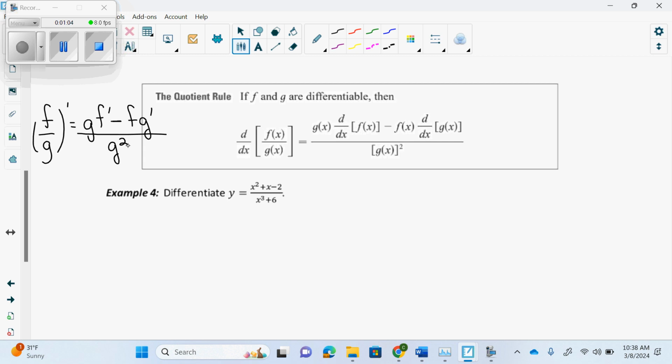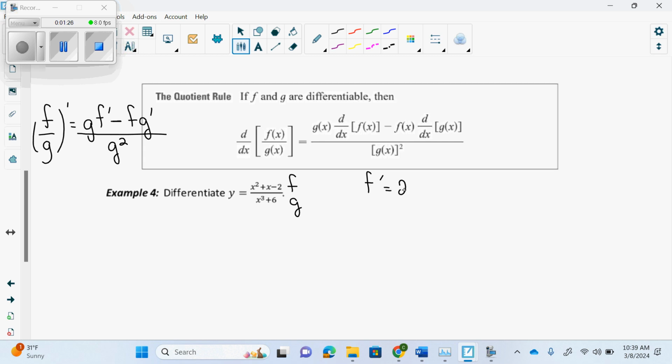So for this one, we have a polynomial over a polynomial. It wants us to differentiate y equals x squared plus x minus 2, over x cubed plus 6. So this is my f. This is my g. I will always find f prime and reduce it as much as I can. Find g prime, reduce it as much as I can. Okay? So f prime